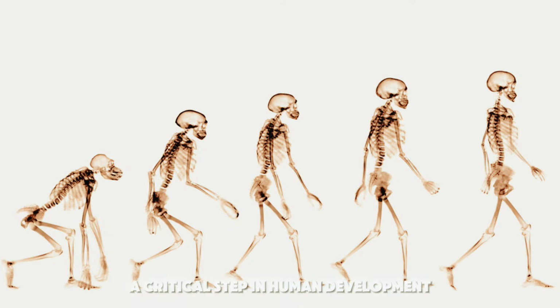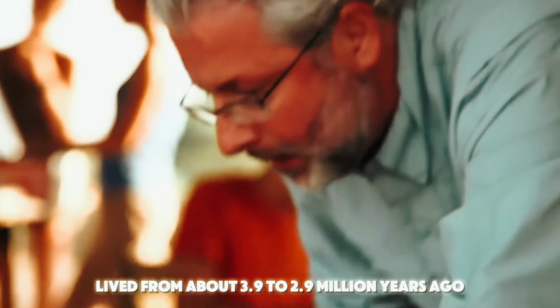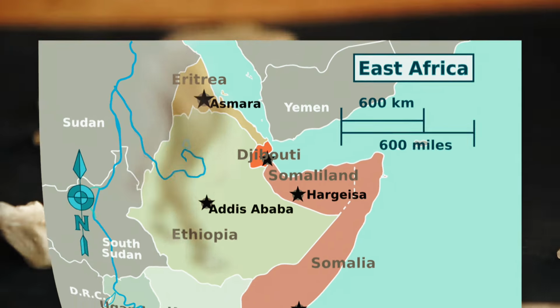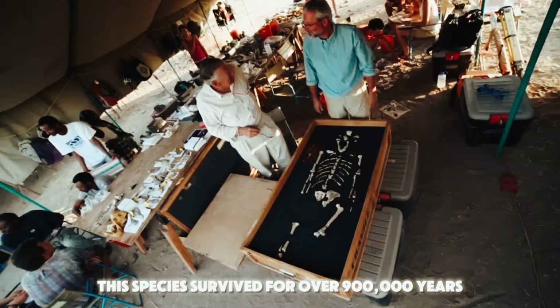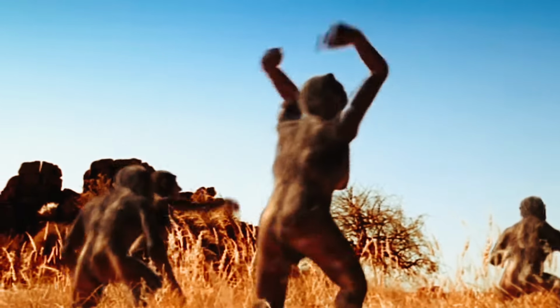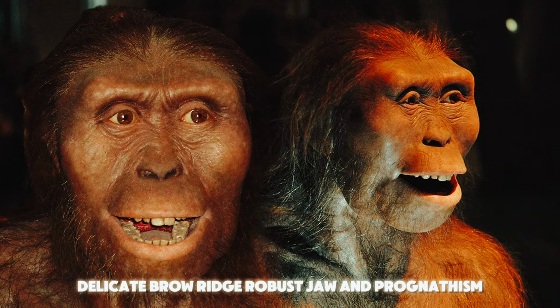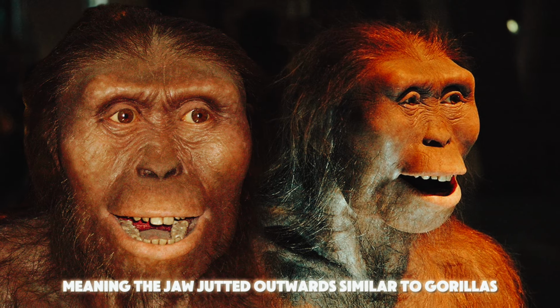human development. Australopithecus afarensis lived from about 3.9 to 2.9 million years ago in East Africa. They are among the longest-lived and best-known early human species, with paleoanthropologists having uncovered remains of more than 300 individuals. This species survived for over 900,000 years, which is about 4 times as long as our own species has been around. Afarensis had a tall face, delicate brow ridge, robust jaw, and prognathism, meaning the jaw jutted outward similar to